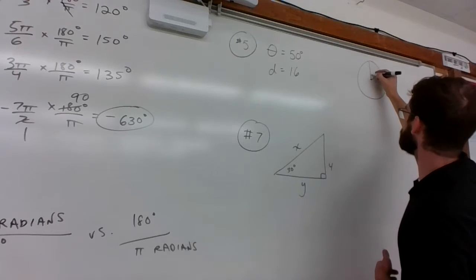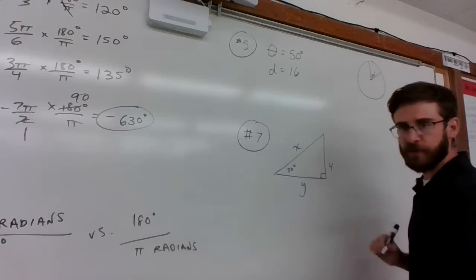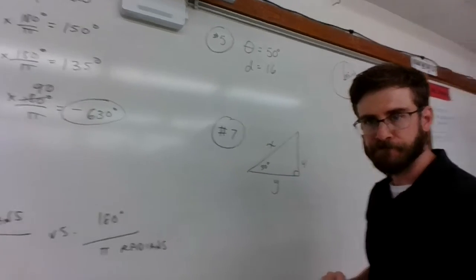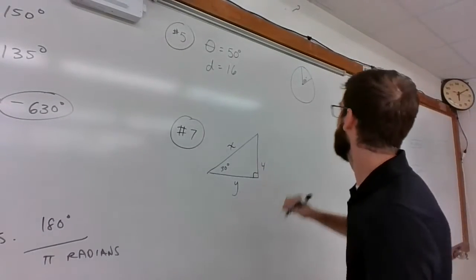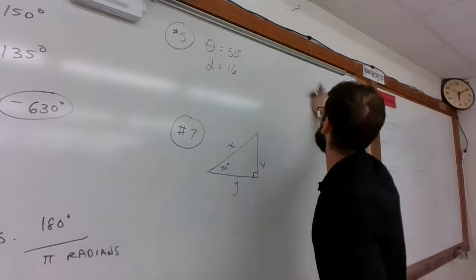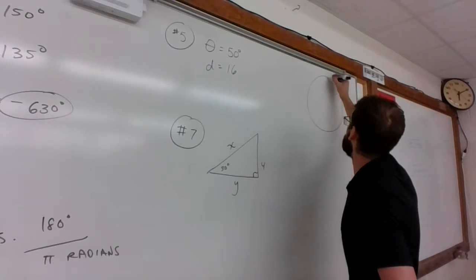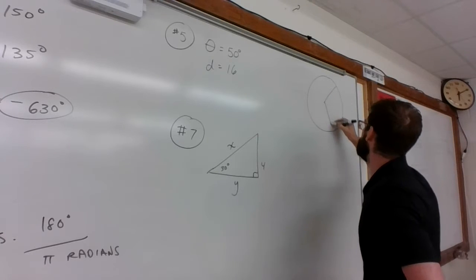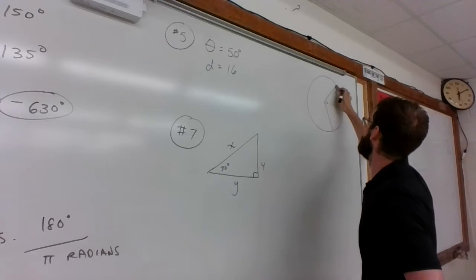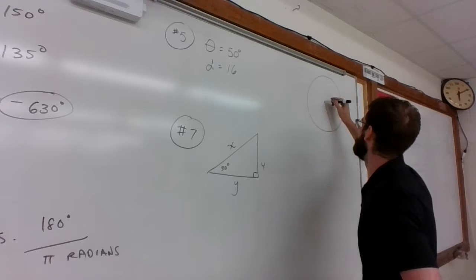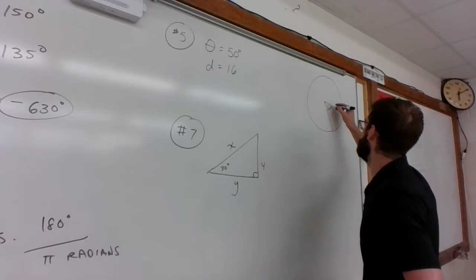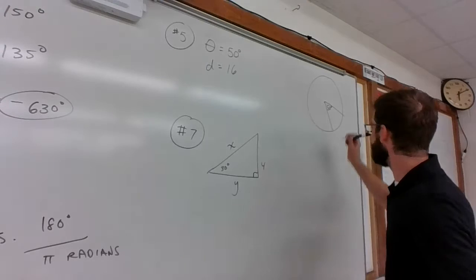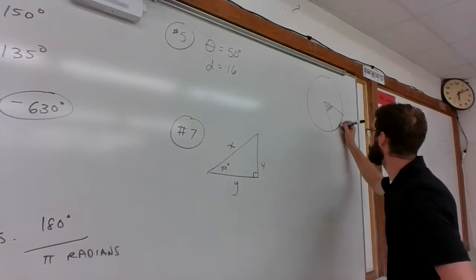They're saying that this theta right here is 50 degrees. Hopefully you guys can see that. So we got 50 degrees right here. Oh, shoot. We want to know what the length of this arc is